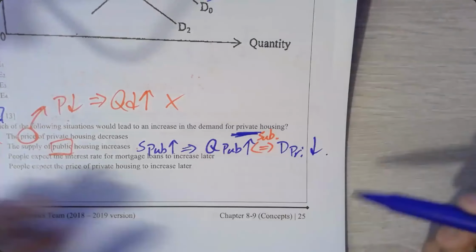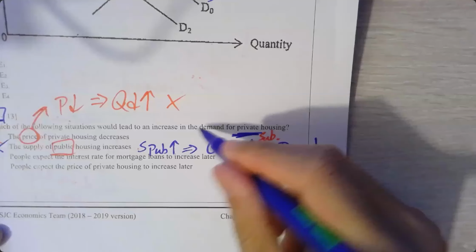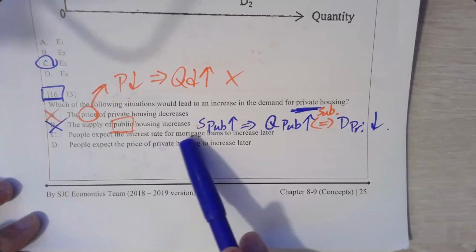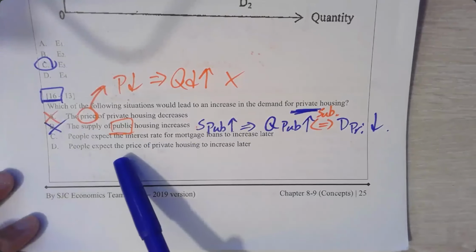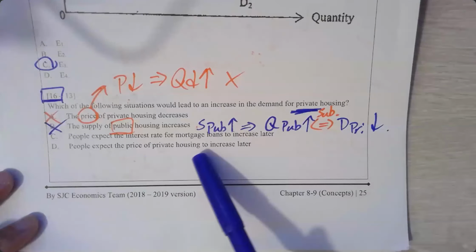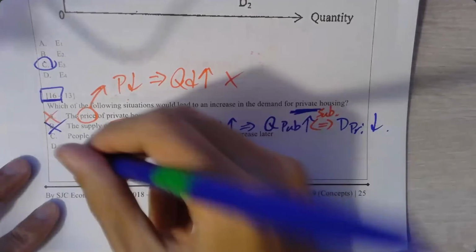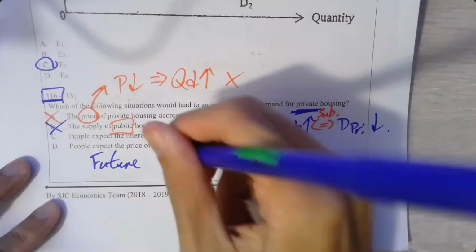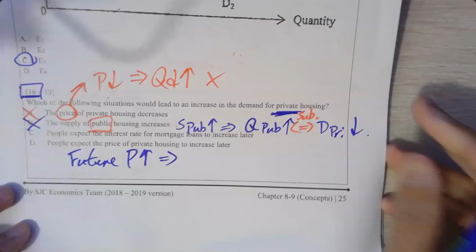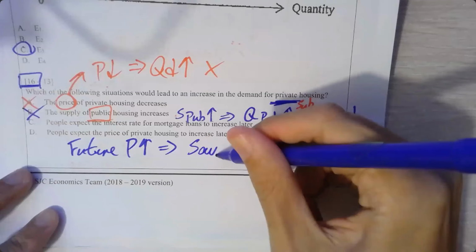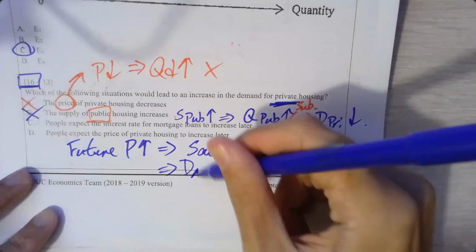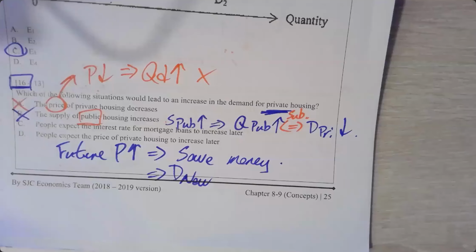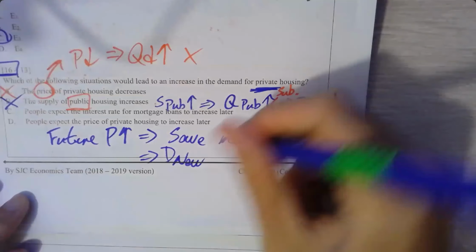Unfortunately, not quite the answer we want. 我哋係要升，唔係要跌，好嘛？好，跟住啦。People expect the interest 我哋唔好太深啊，C 太深我哋 skip 咗佢先，睇下 D 先。People expect the price of private housing to increase later，咁正常啦，係咪啊？Future price increases。好啦，你作為買家 to save money，你梗係你想慳翻錢喎。Demand now，梗係而家即刻買，梗係而家即刻買啦，係咪啊？Demand now would